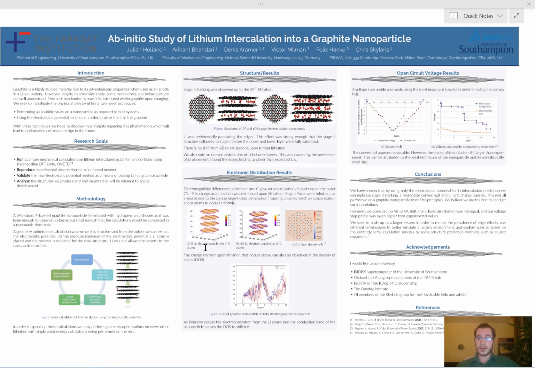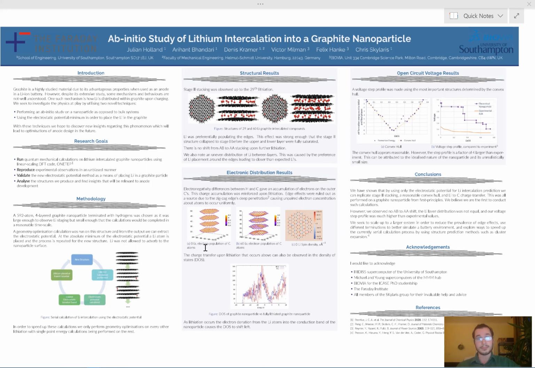In terms of the goals for the project, we seek to run quantum chemical calculations on this structure. We want to reproduce observations seen in experiment. We want to then validate our current method and see if this is producing what we would expect to see. And then finally analyze these structures and see if we can gain any new insights that would help with anode